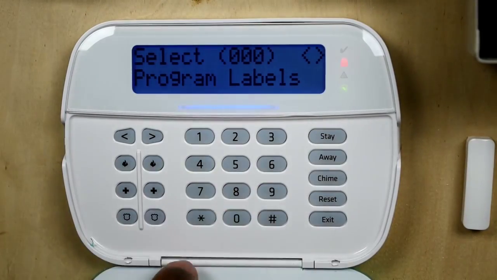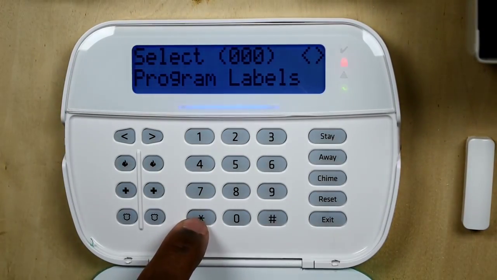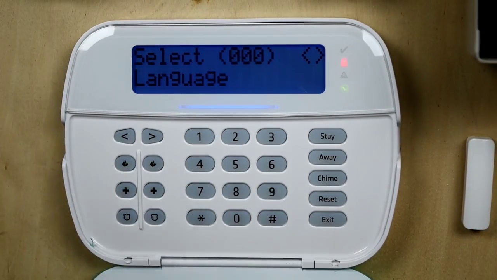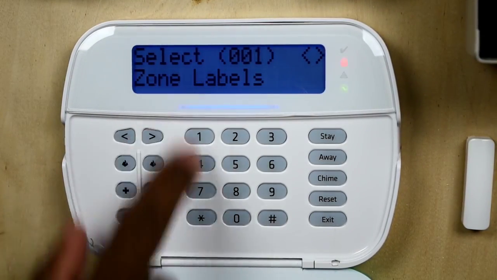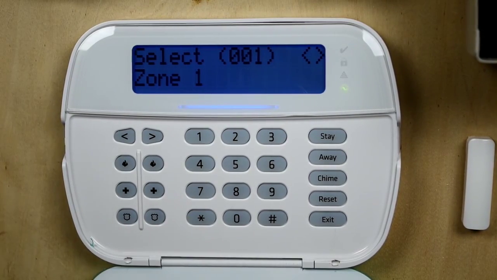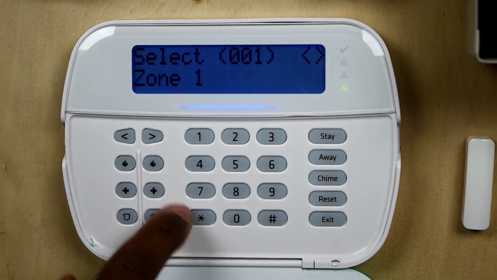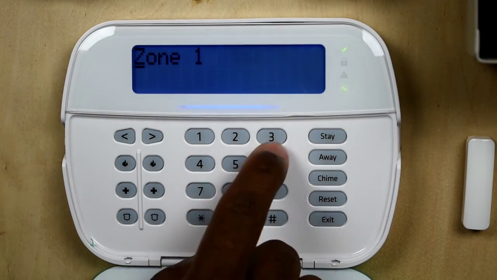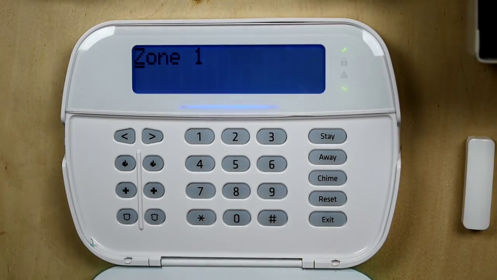To program our zone label, it's already here. We press star, which is on the 0 0 0 star. So scroll over to zone label, hit star again, and for zone 1, for example, my front door is my zone 1. So like the old days of texting,